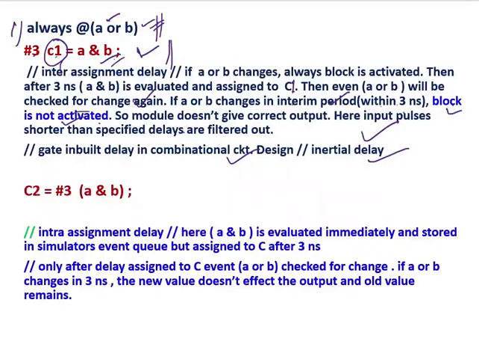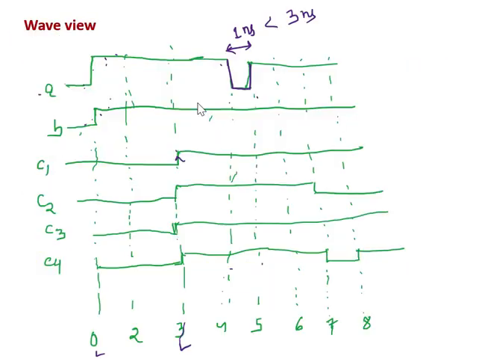As per this theory, if it is less than the specified time, 3 nanoseconds, then the delays will be filtered out. The delays won't be considered. So here it should be 0 into 1, it should be 1 after 3 nanoseconds. But here this delay will be ignored, and this will remain 1. Else, after 3 nanoseconds, it should be 0 into 1, it should be 0. But after 7 nanoseconds also it is 1, because this delay is ignored, because this delay is less than 3 nanoseconds.